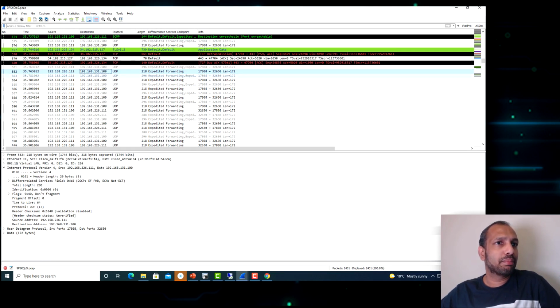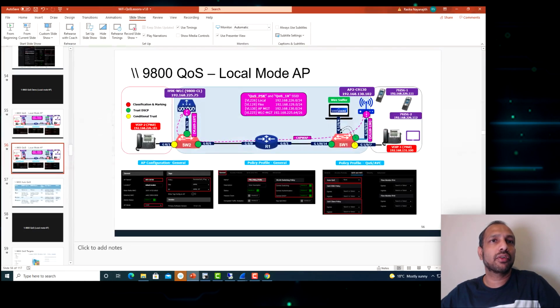and send the payload traffic. Whenever they send the payload traffic, you can see there are no differences. It is whatever the inner protocol traffic is, it will go like that. But last time what we saw was, whenever that traffic goes to the wired side and comes here and goes there, we saw it is going towards the phone as default traffic, because whatever the QoS marking is, it is not trusted by this particular port.